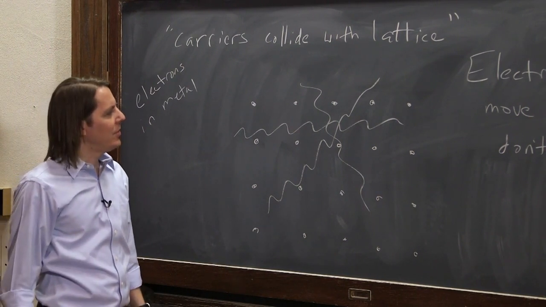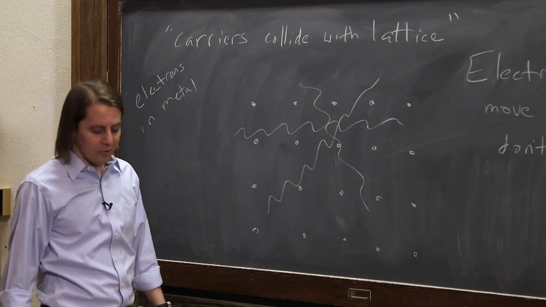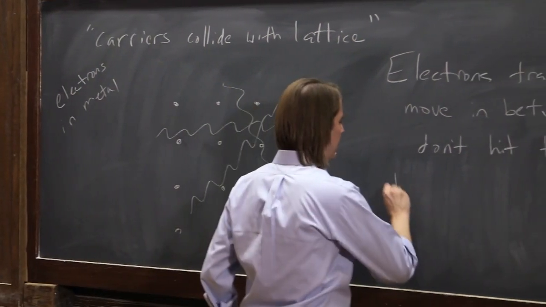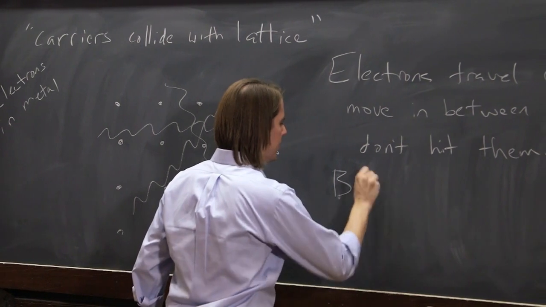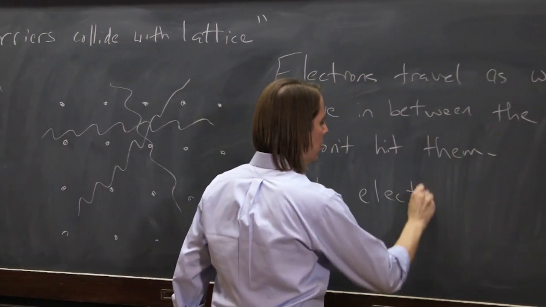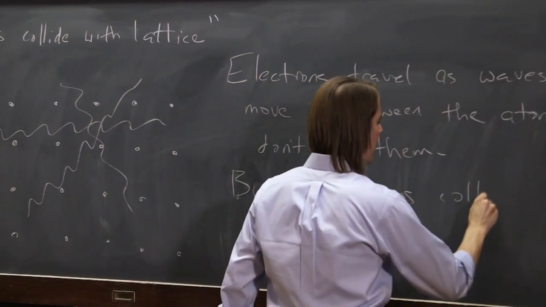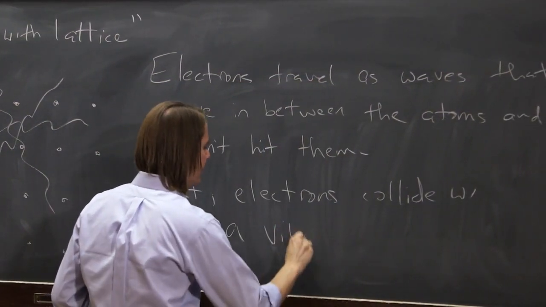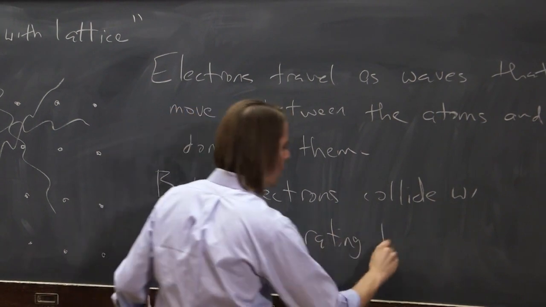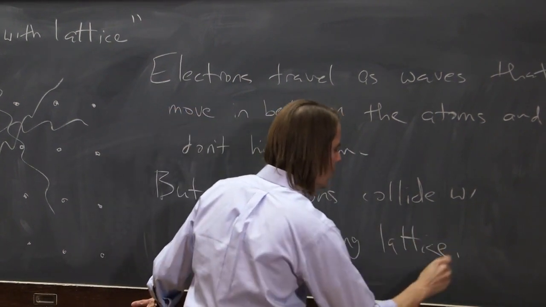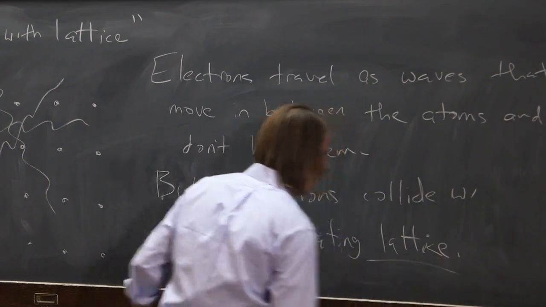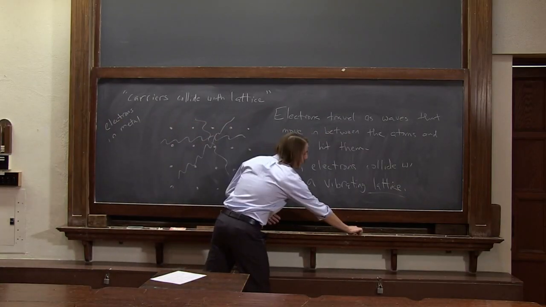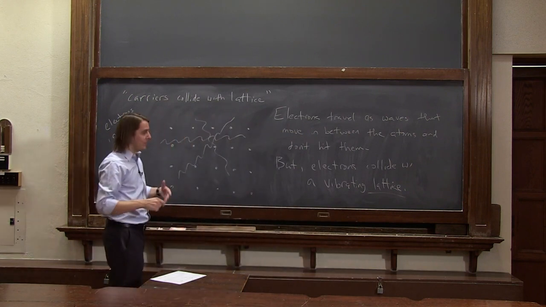But that's not really what's happening. We know that metals actually do have some resistance. It's kind of small. But what really happens is that electrons collide with a vibrating lattice. So the lattice is never ideal, because when you're at a finite temperature, everything that's at some finite temperature has